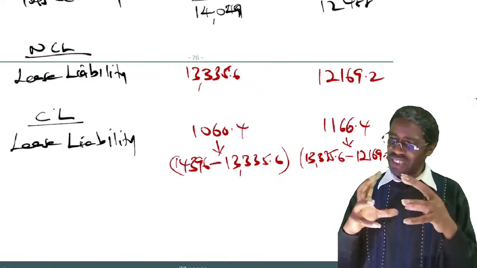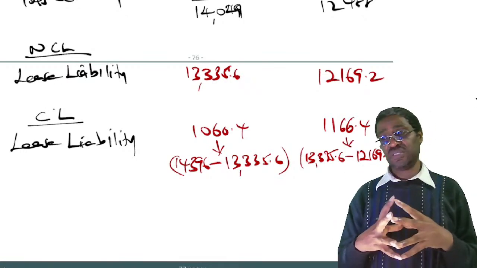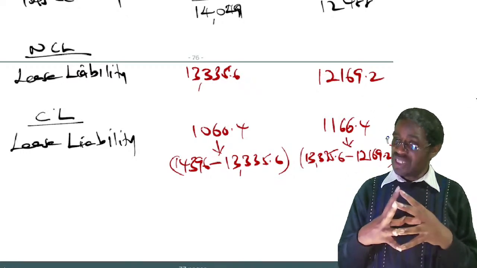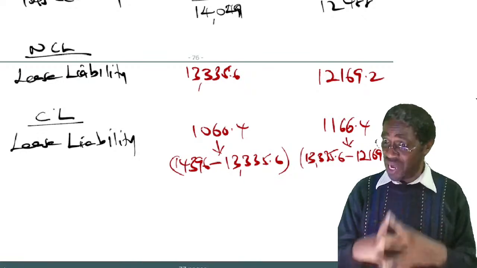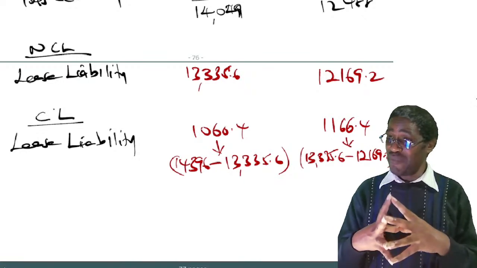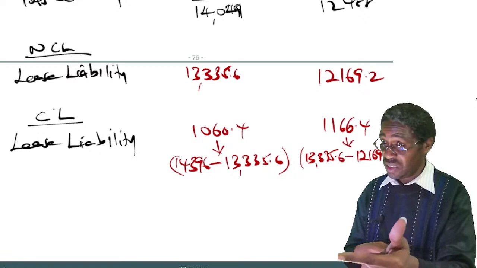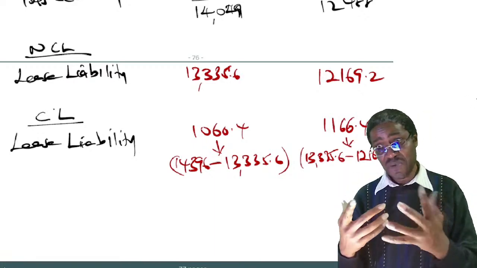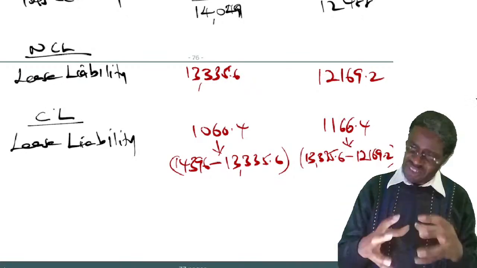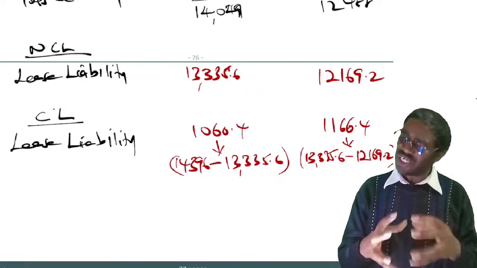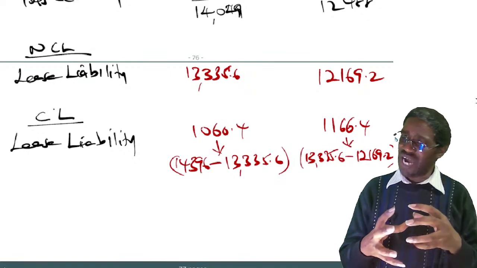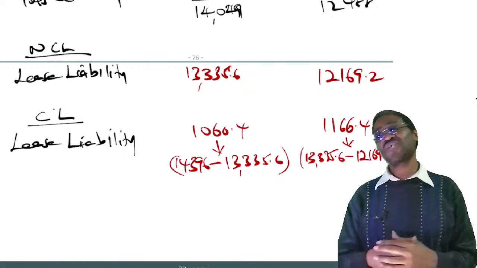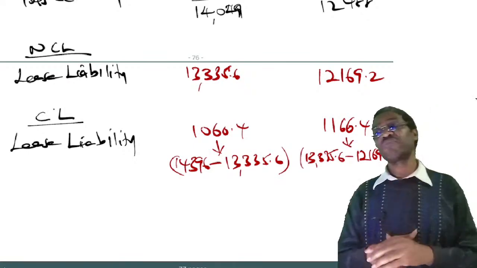If you are to do balance sheet of year 5, the lease is for 10 years. If you are to do balance sheet of year 5, then long term of year 5 will be the liability by end of year 6. Then the difference between year 6 and year 5 becomes current. If you are doing balance sheet of year 7, what is long term of year 7? It is the carry down by end of year 8. I hope you are following. Good. That's what I'm trying to say. Then the difference becomes current.